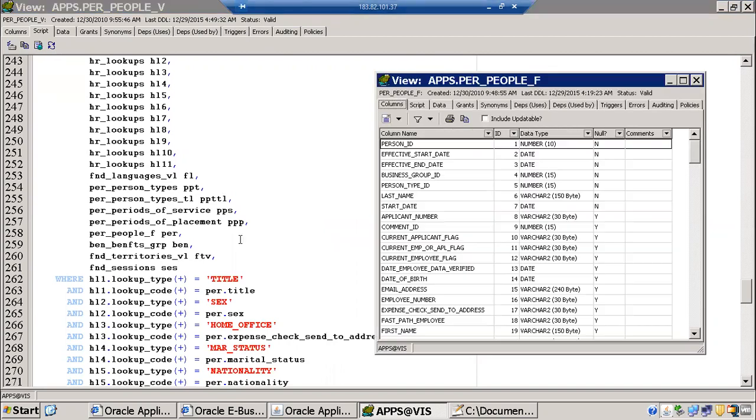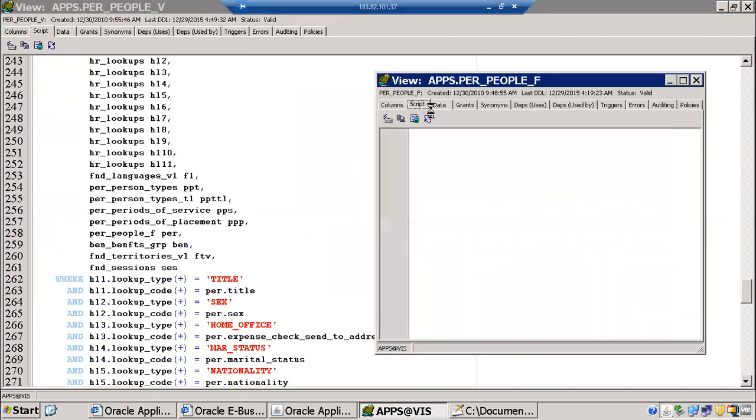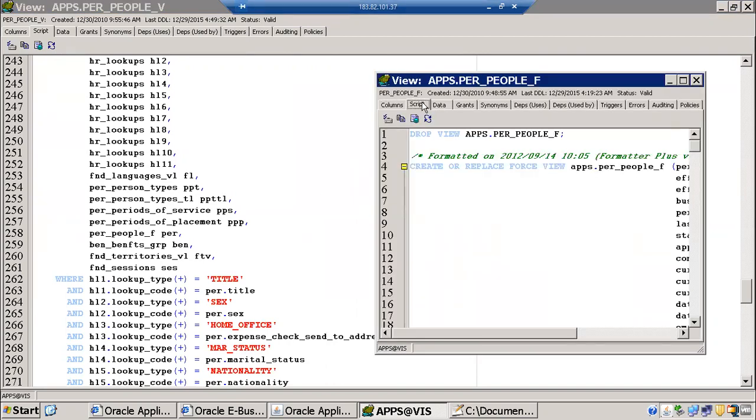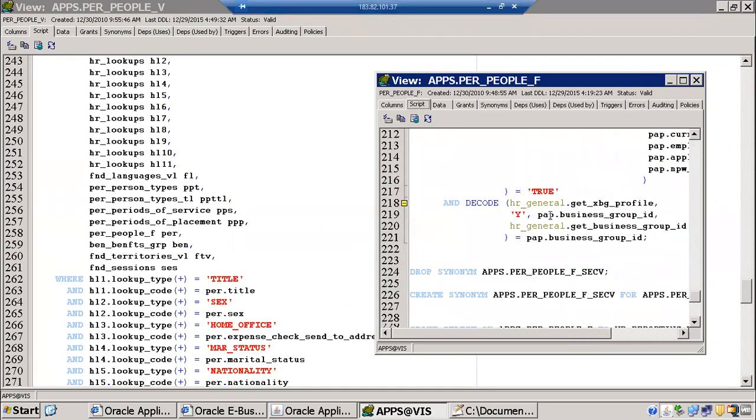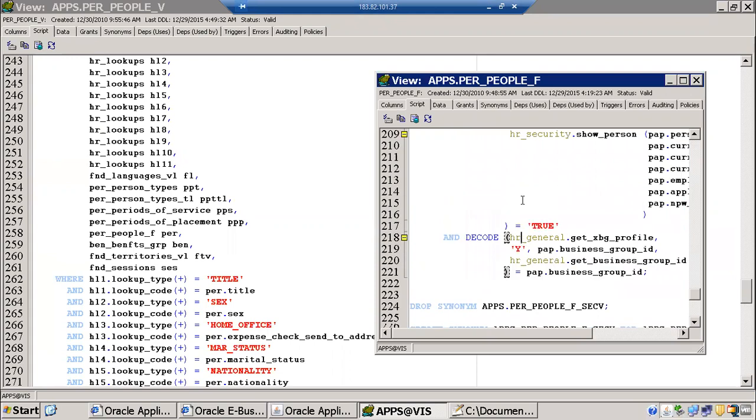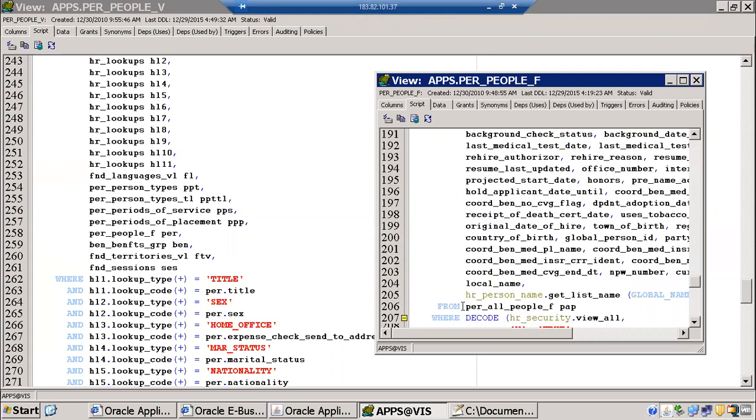Again press F4, script. These are all first time only I am showing, otherwise I can type directly. For all people left, I can type. The table behind this is, I know, already I saw multiple times. This is the table. Employee information is stored in the HRMS module, and the table behind this is for all people